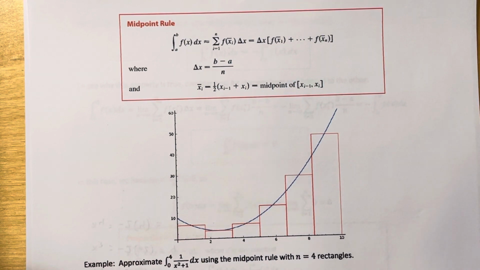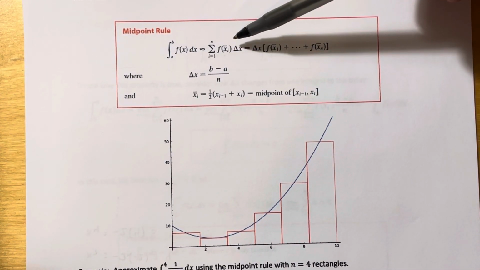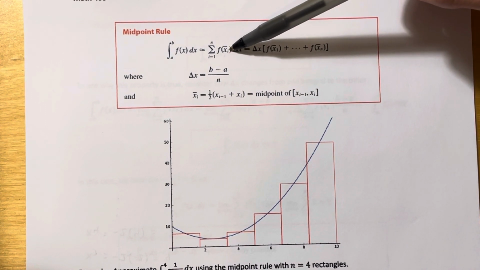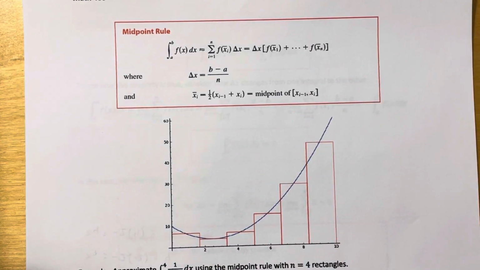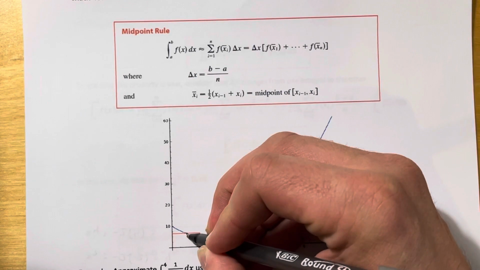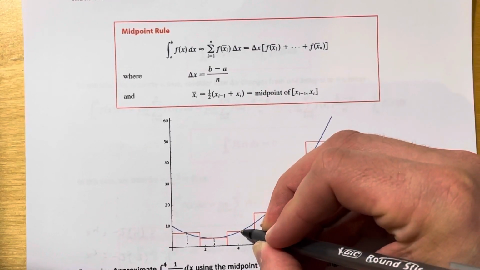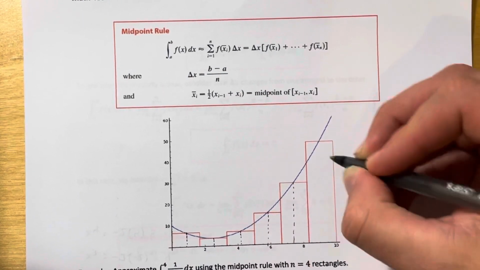So there is an alternative to the left endpoint and right endpoint, and that's the midpoint rule. The midpoint rule is basically just approximating the integral using a Riemann sum whose sample points are specifically chosen to be the midpoints of each subinterval. So for example, we have this function right here. We're not told what this function is, but if you look at the rectangles, the heights of these rectangles appear to be determined by whatever point is exactly in the middle